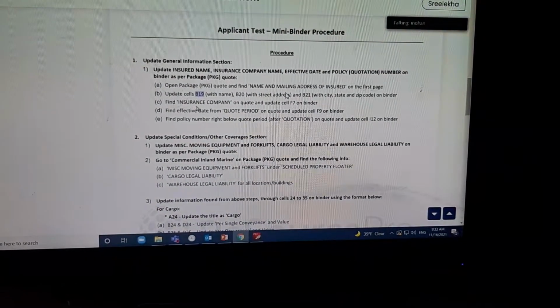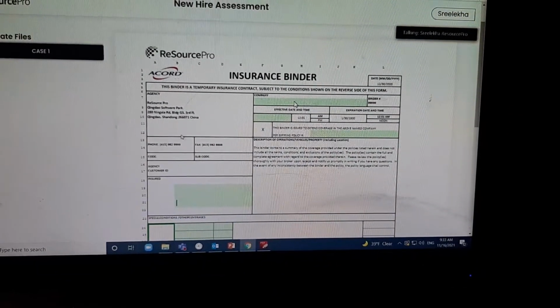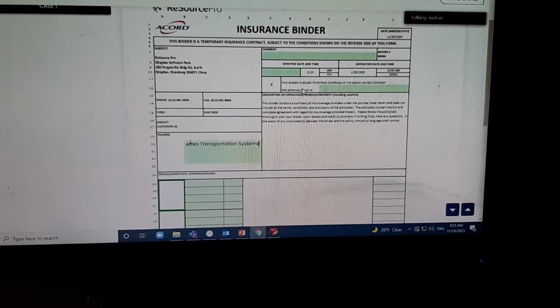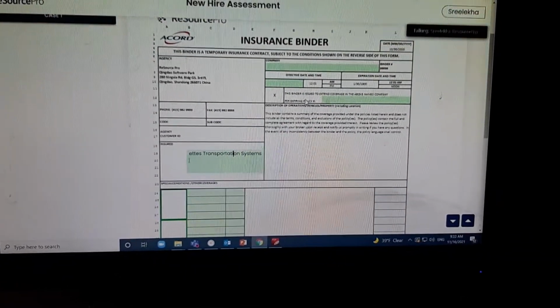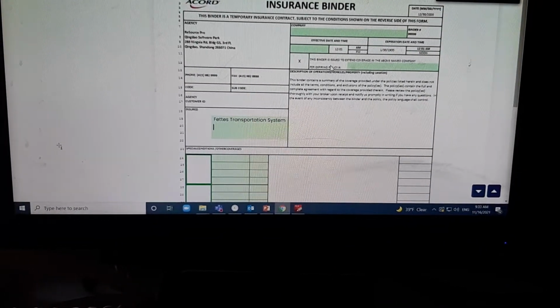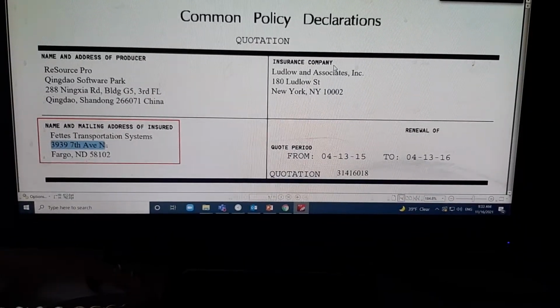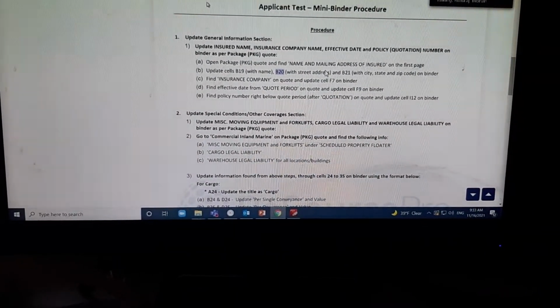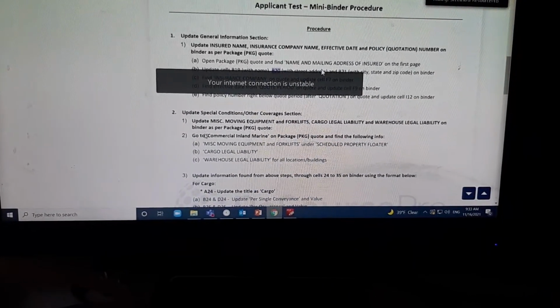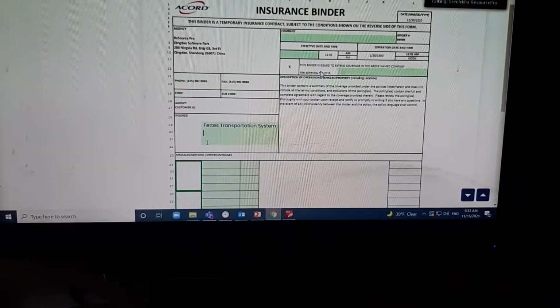In this B19. So guys, here is the B column and the 19th row. Here it is intersecting. I just pasted it here. It is FedEx Transportation Systems. Next, B20 with street address. The street address is 39397 7th Avenue North. Tell me which cell I have to paste it in. B20, ma'am. B column, 20th row. I'll just paste it here.